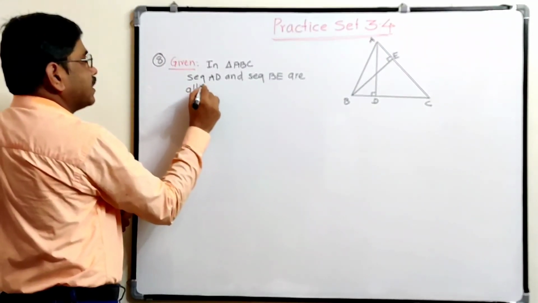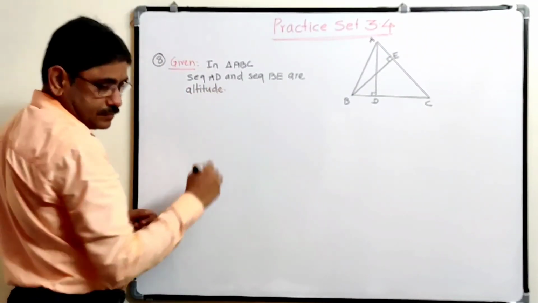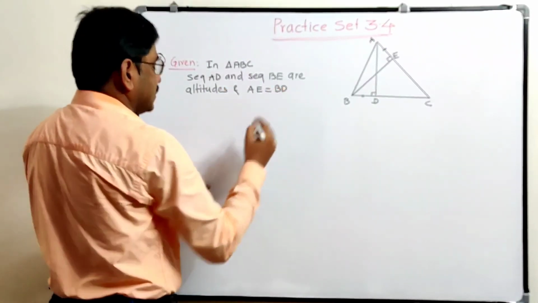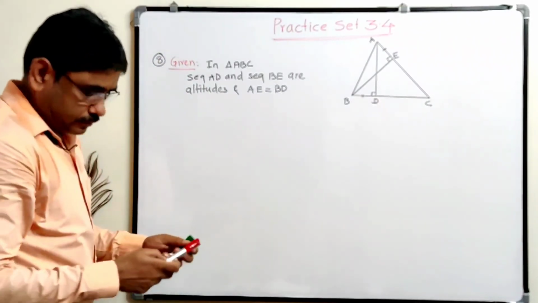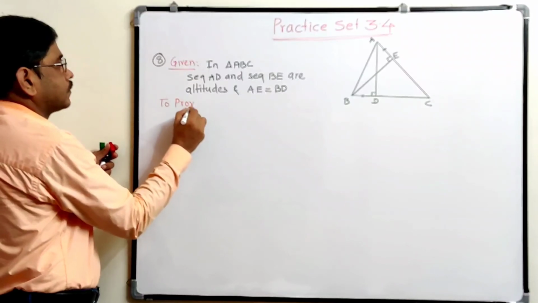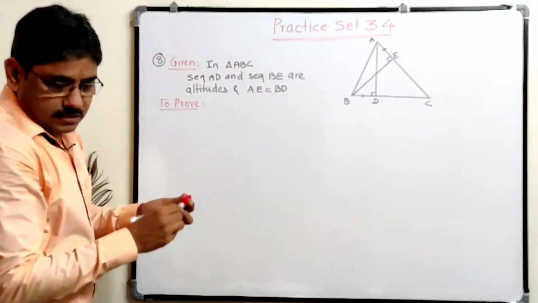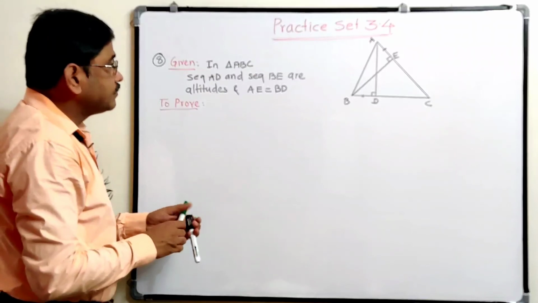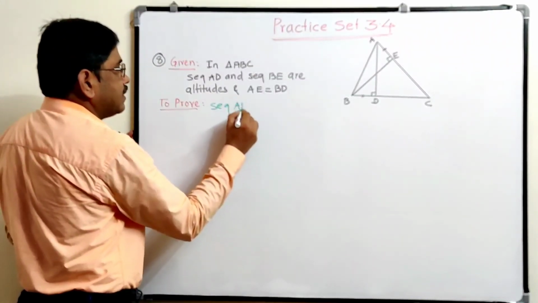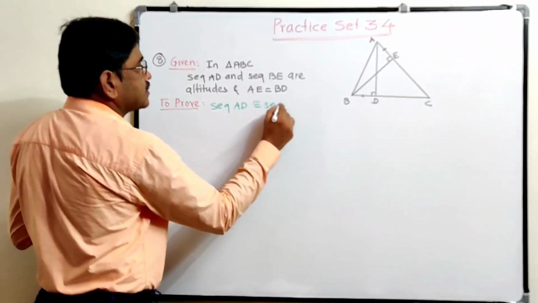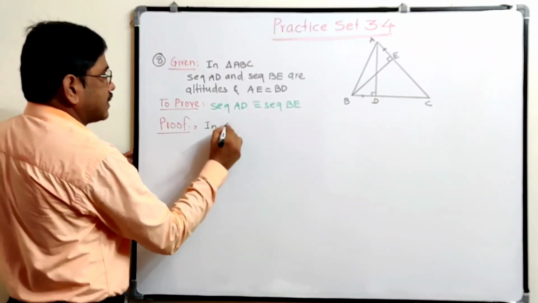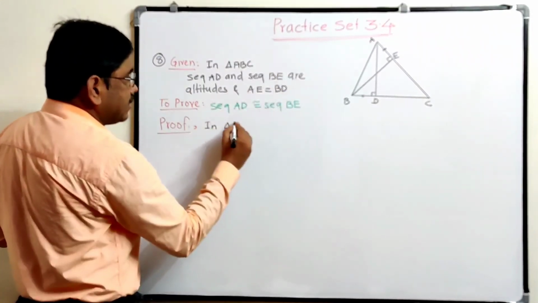Altitude means perpendicular drawn on the opposite side. Altitudes are congruent to BD. Then what we have to prove? To prove: segment AD is congruent to segment BE. We do this in triangle ADB and